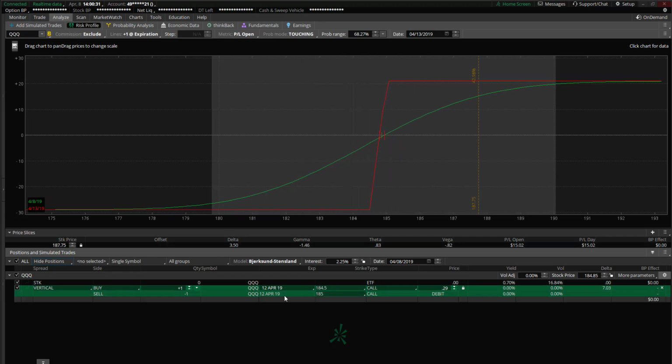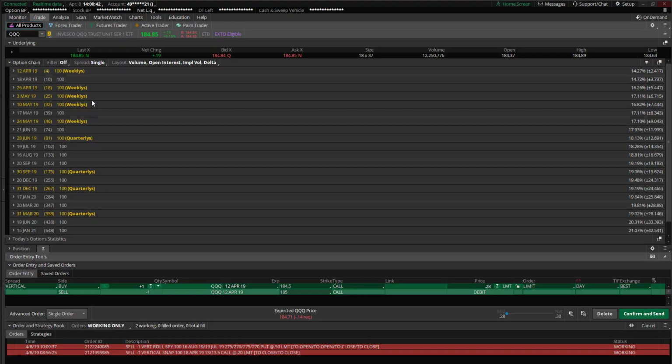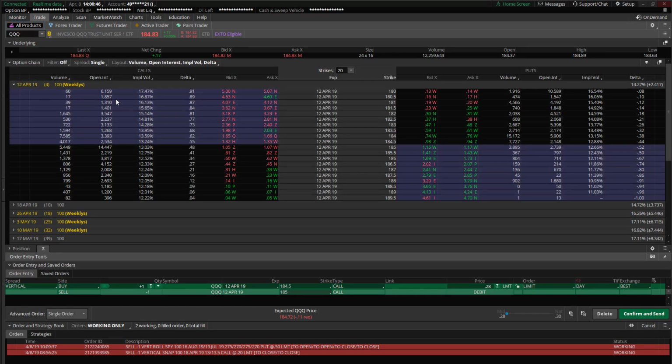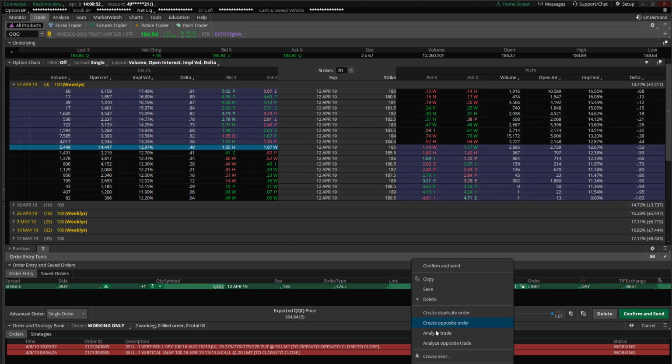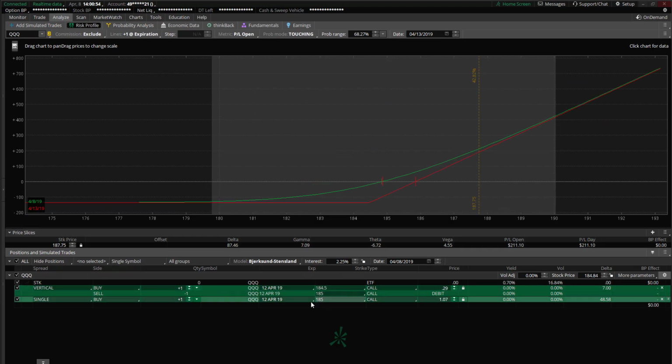If, for an example, I'm already in this trade and I wanted to apply an extra call to give this an upside boost, I could go in and look to take a single call, suppose at a different expiration, maybe a shorter term trade, and I can send that over to the Analyze tab and then look to turn it on or off